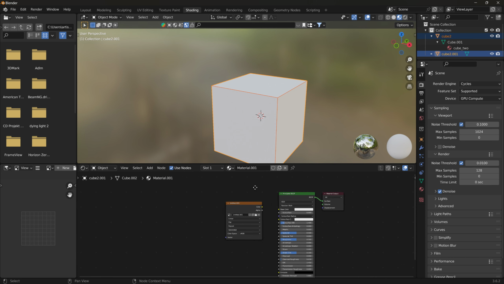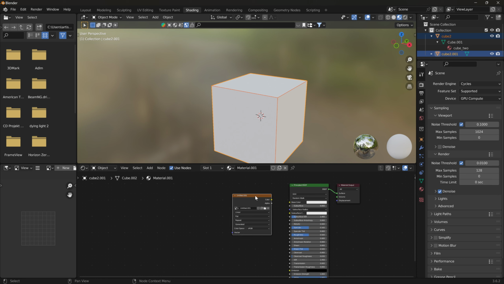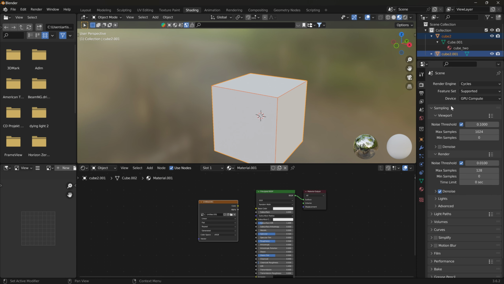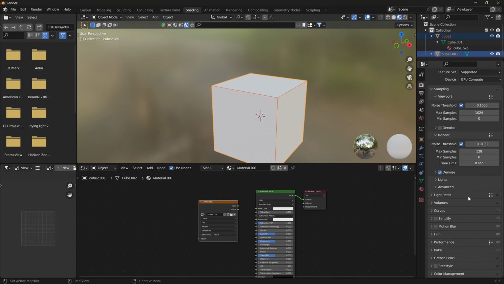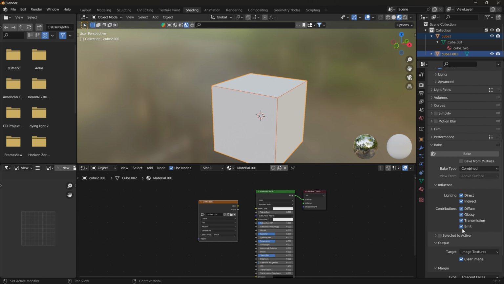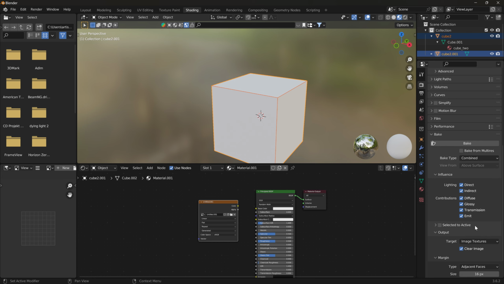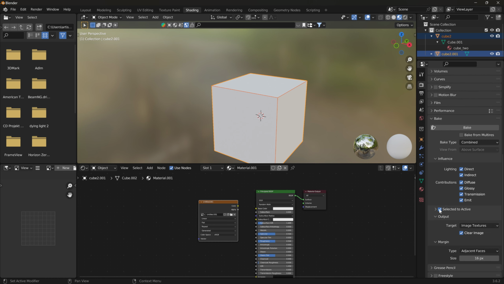And with the second one selected, with this new material, we select that. And then over here where you select the Cycles Render Engine, down at the bottom you'll see Bake. We'll bake it combined. You can bake others, but just for simplicity we'll just do combined. We're going to check box this, put 0.1 here,